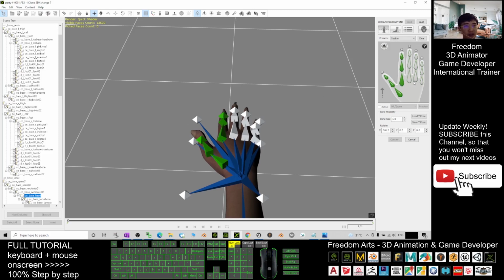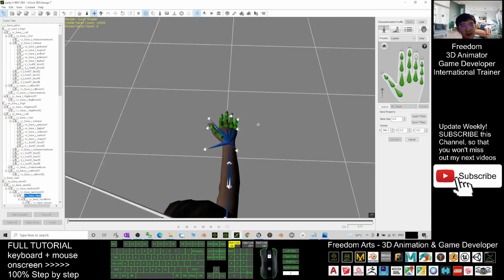Now is the middle finger. And you have two more fingers. Make sure you plot in a correct position there. The last finger. Alright, now